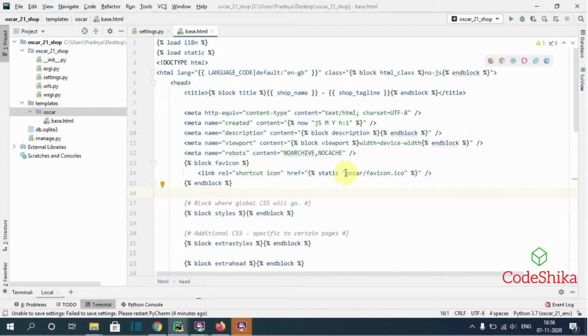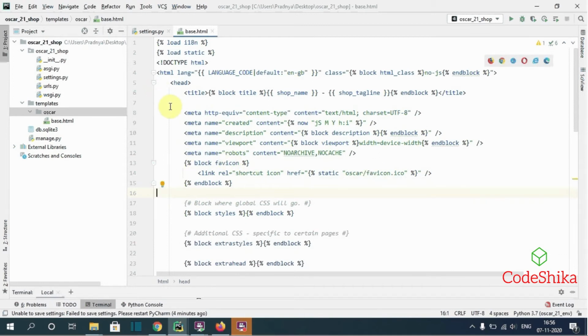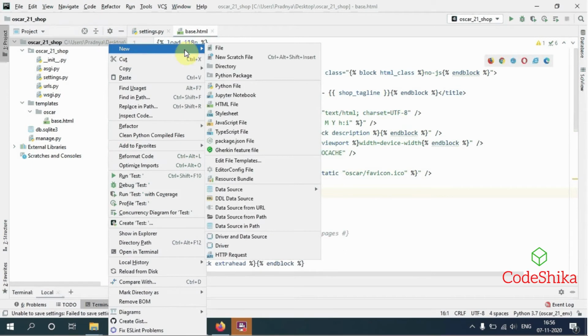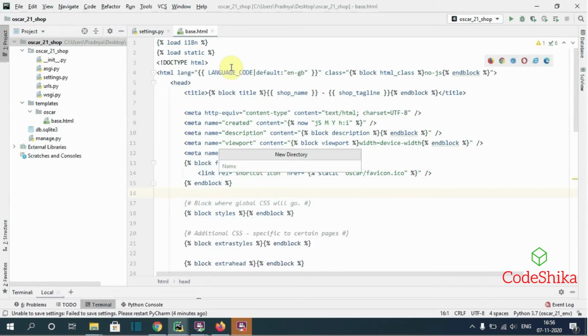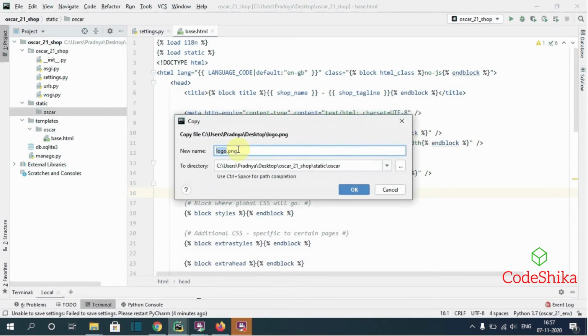So here I want to change this logo. So first I will create a static/oscar directory. Here static, inside it I will create an oscar directory, and in this directory I will paste my logo, that is with the name logo.png.